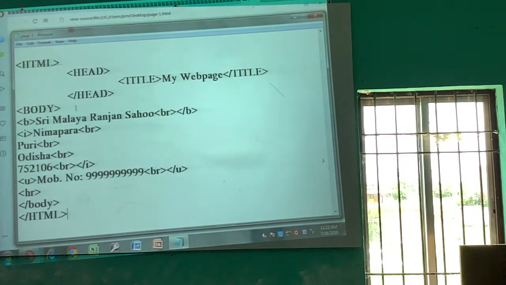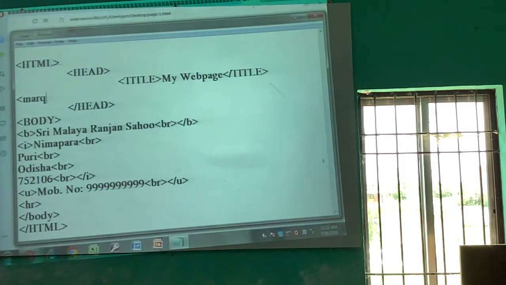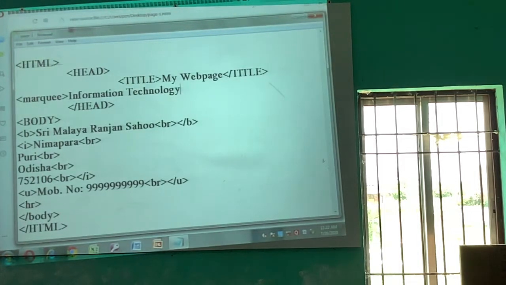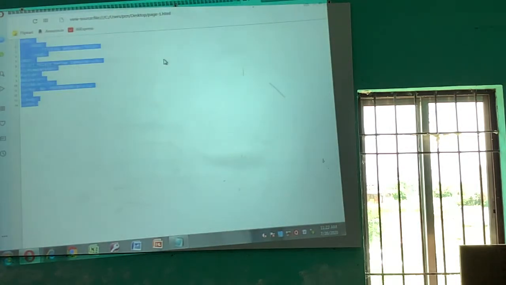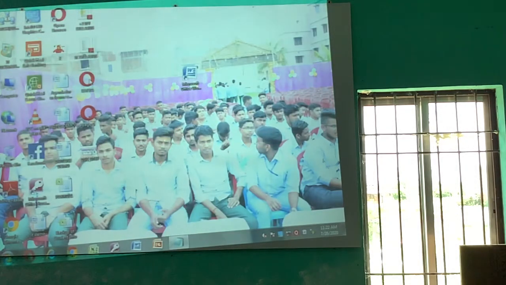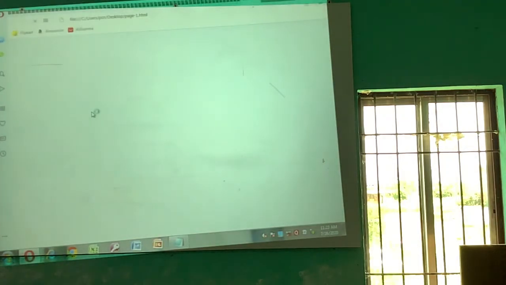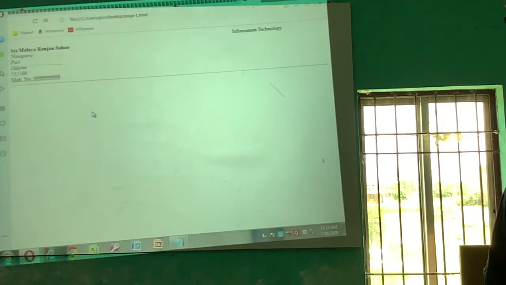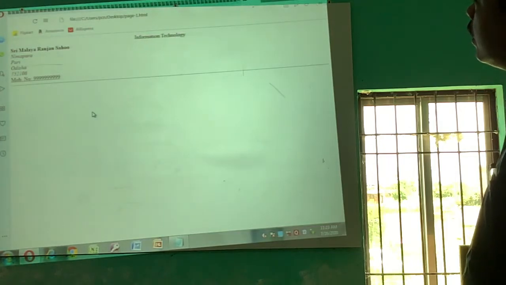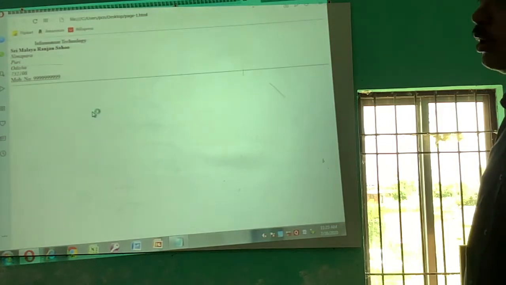So write the marquee tag. See here, the information technology is scrolling in the window from right to left.